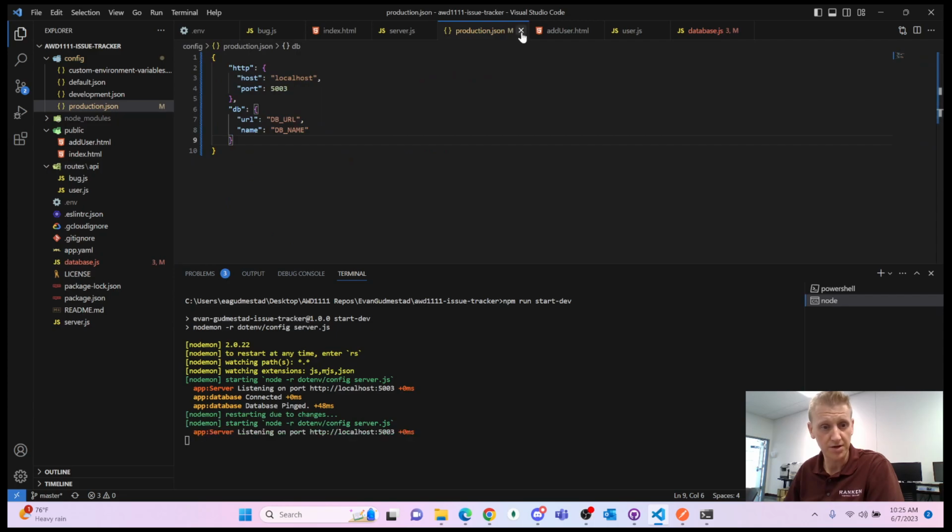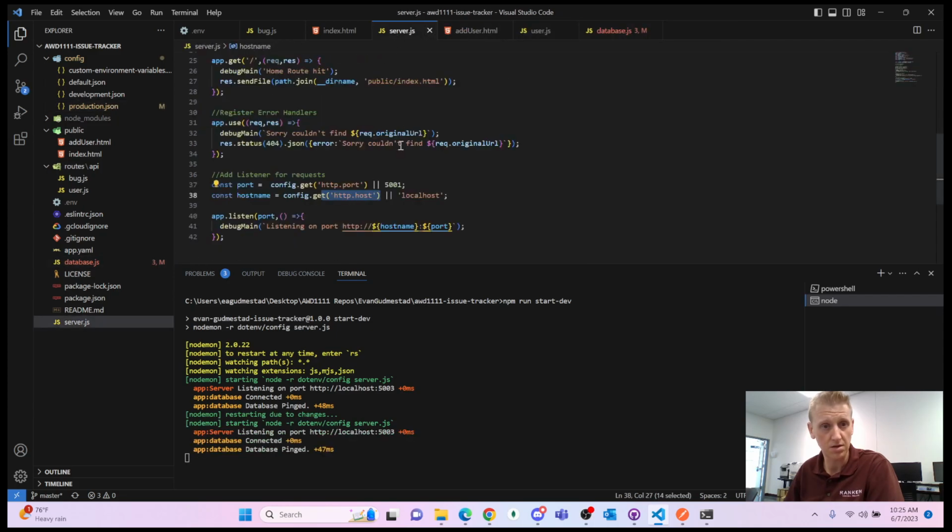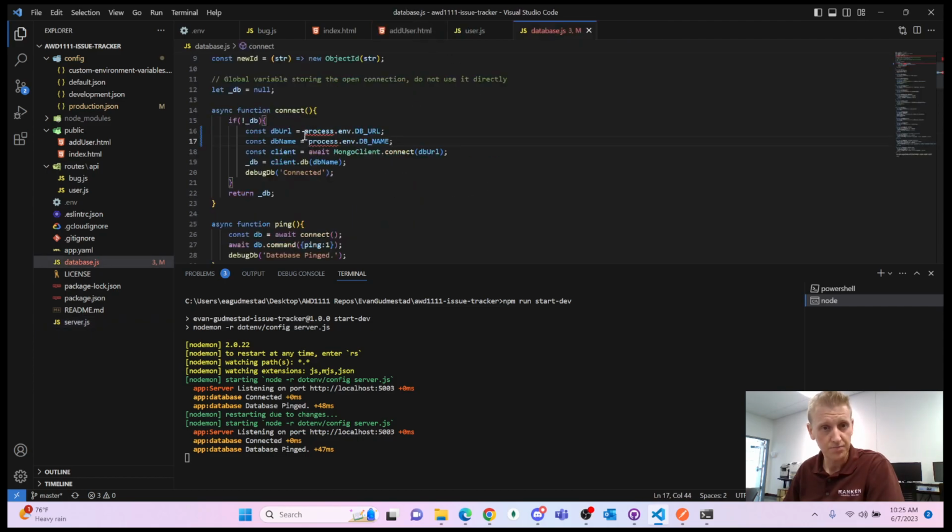Let me close production. This kind of has a backup, right? So if it doesn't get config here, it backs up to 5001 or localhost. So no big deal on server. So reconfigure that. Let me close yes. So the next step to try is to just go back to the